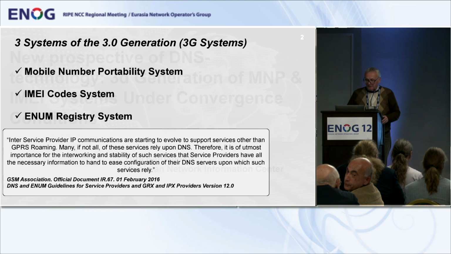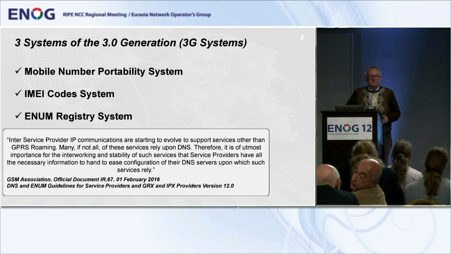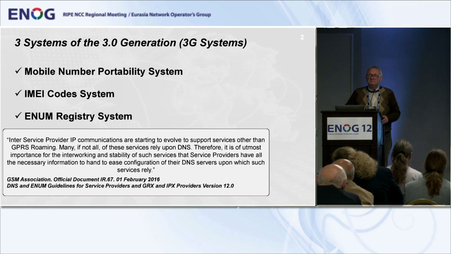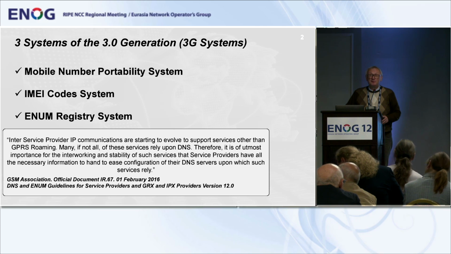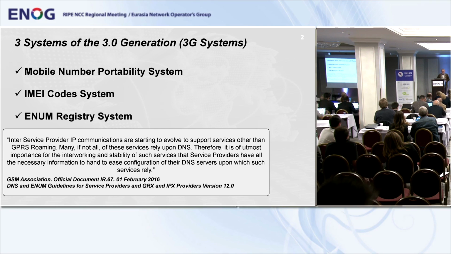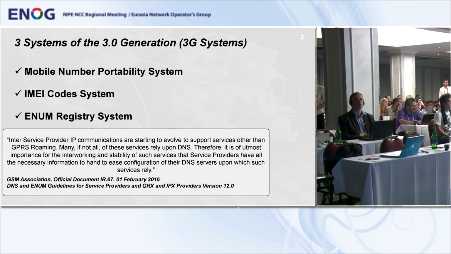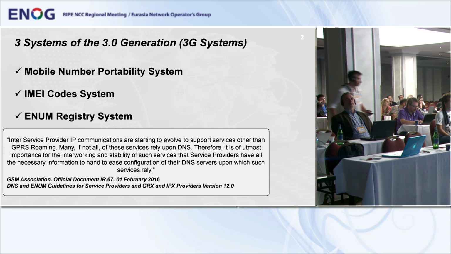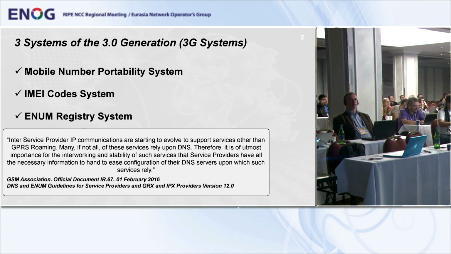The first idea that we started to realize was the mobile number portability system. Then, when we understood what we have done, we understood that we have created a new system of a new class, or a new generation. Why so? I'll be speaking about the following, that the basis for our decision is a platform, an ENUM registry, and ENUM registry system. And based on that platform, we created two systems.